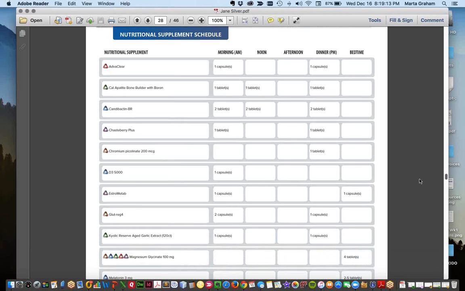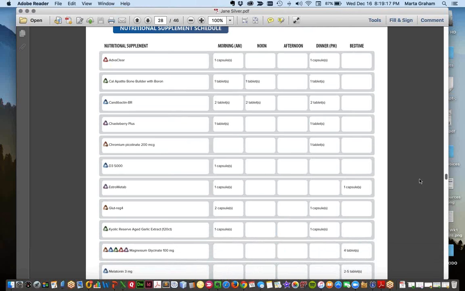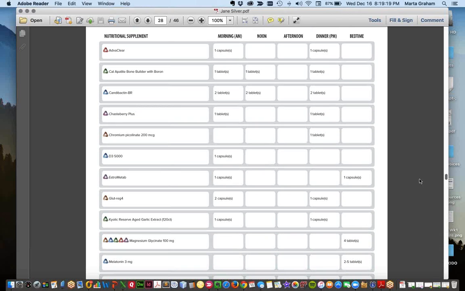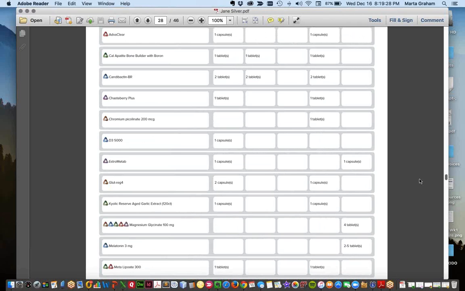And the way that each product is identified, you can see a small colored triangle next to any particular supplement. And that is to say that each dietary supplement may have one, two, or more triads that they address and rebalance. So you can see how magnesium glycinate has all 5 triads attached to it, meaning that in fact this is someone who could benefit globally by magnesium,